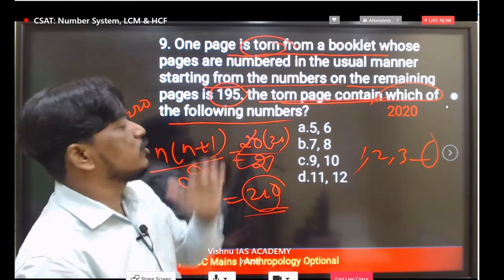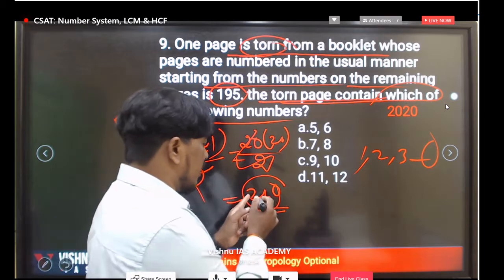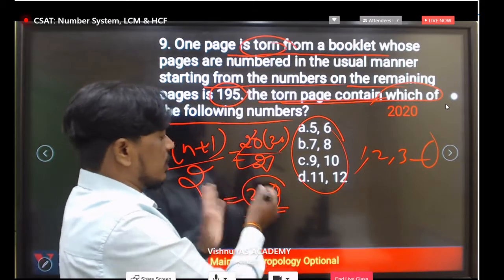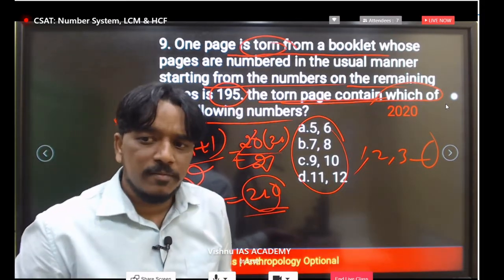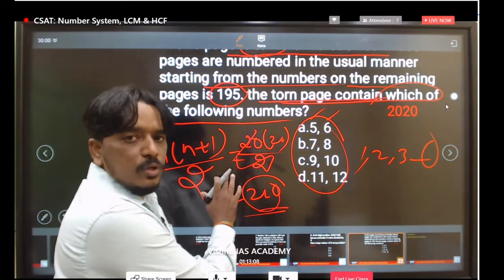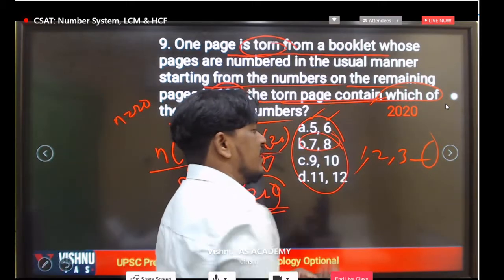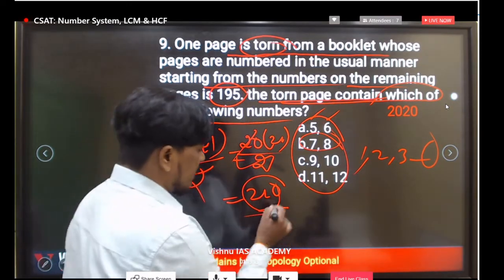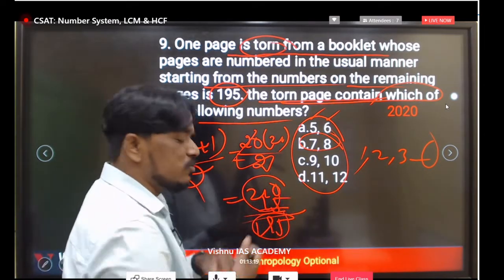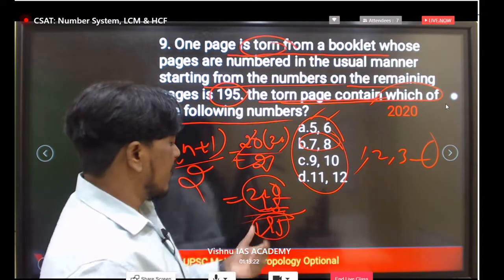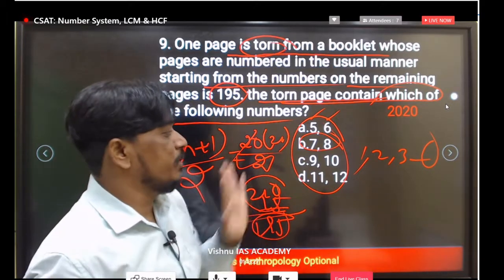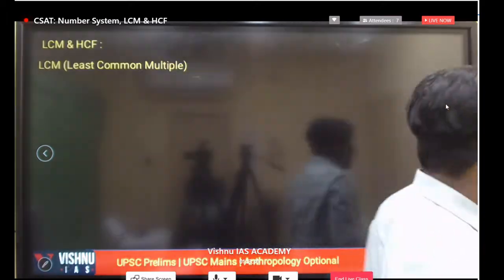So if you take 20, very near to 195, based on that you get 210. Which number do we subtract from this 210 to get 195? That is also something you can check. For example, 5 and 6, you will get 11, and if you subtract 11 here, do you get 195? No. Second option we have to go, 7 and 8, how much are you getting? 15. If you subtract 15 here, obviously we are getting 195. Like that also we can check. Or otherwise 210 minus 195, that page number total sum should be 15. 7 and 8 sum should be 15. That's why we are going with option B. No issue.